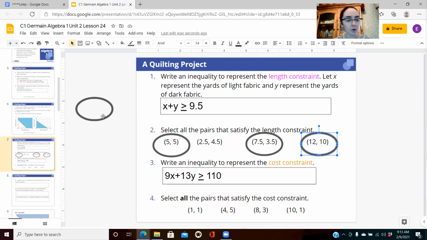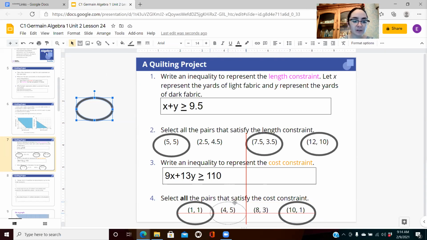One, 1, 1 is going to satisfy that constraint because 1 times 9 plus 1 times 13 is going to be less than 110. 10 times 1, 10 and then 1 is going to satisfy that constraint because 90 plus 13 is 103. And the last one is going to be 4, 5, 4 comma 5, because 4 times